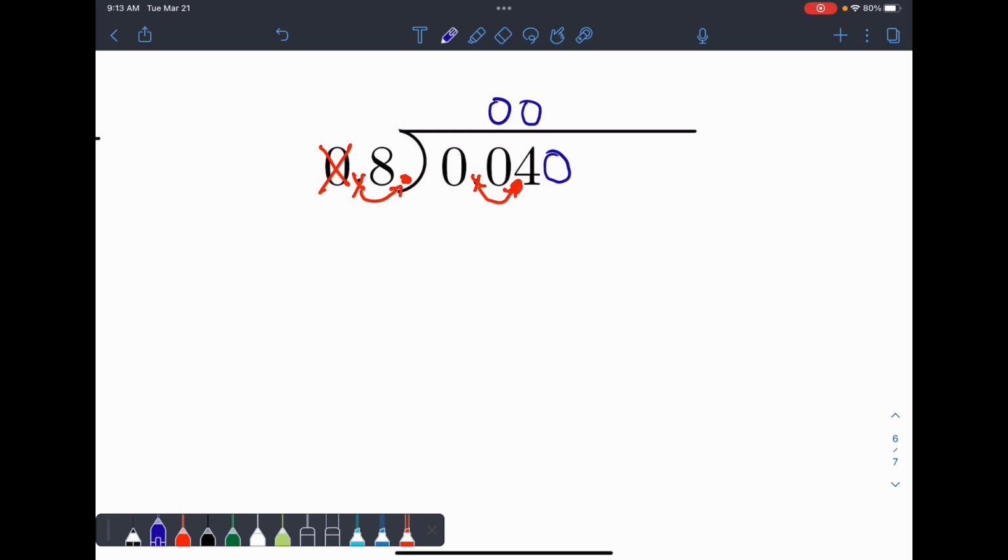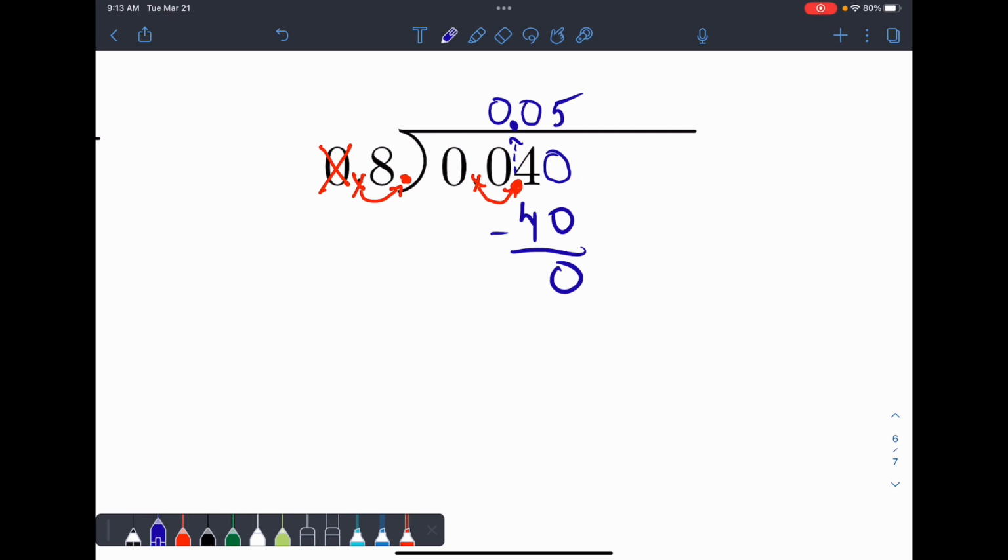How many times does 8 go into 40? Now we could do something. 8 does go into 40 exactly 5 times. So 8 times 5 is 40. We could subtract, we get 0, and we can stop because the remainder is 0. Now the question is, where do we put the decimal point? Well, the decimal point goes straight up from where it currently is. Remember, we moved it, so it goes straight up to where we moved it to, and we get the answer